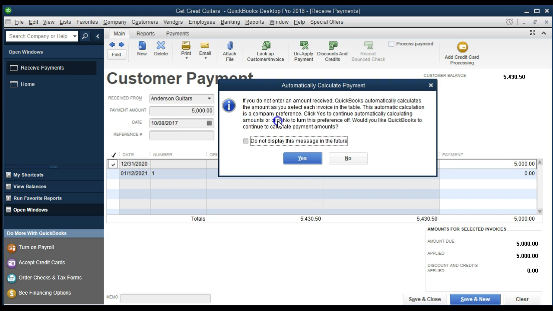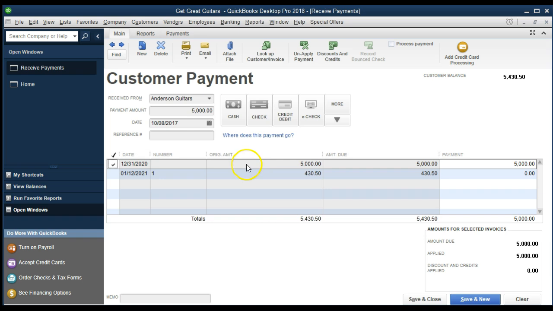If you do not enter the amount received, QuickBooks automatically calculates the amount as you select each individual item in the table. So I'm going to say, okay, so we selected that and it put the amount there. That hopefully is the amount of the check, of course. So we're going to say we got a check in the mail. We'll label a type of payment. The date that we got this is going to be